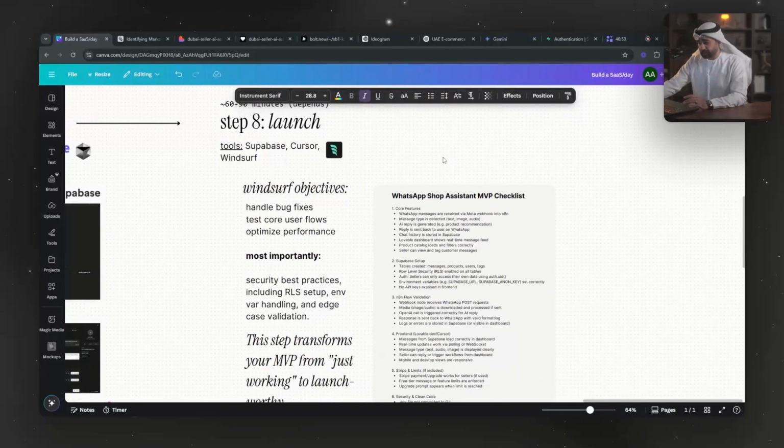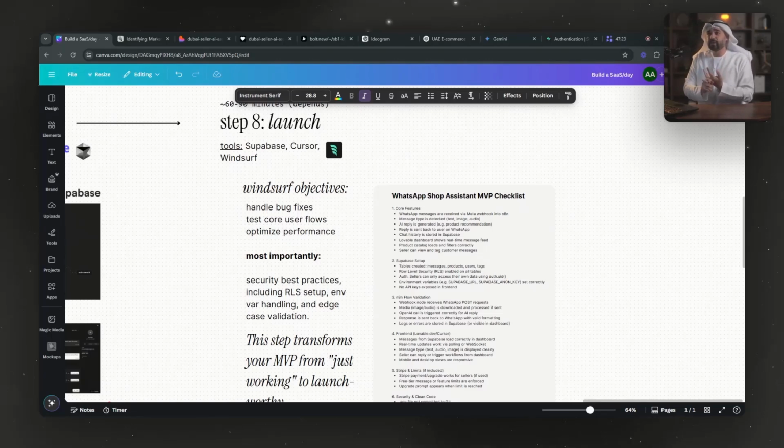And in the launch phase, this is very, very important. The problem or challenge that I see with people building their SaaS using Lovable and so on is that they don't take this into consideration, because they're complete non-coders. This is why I mentioned you need to understand the high-level objective. What they do is they launch something to the market and get users on board, but they have security issues.